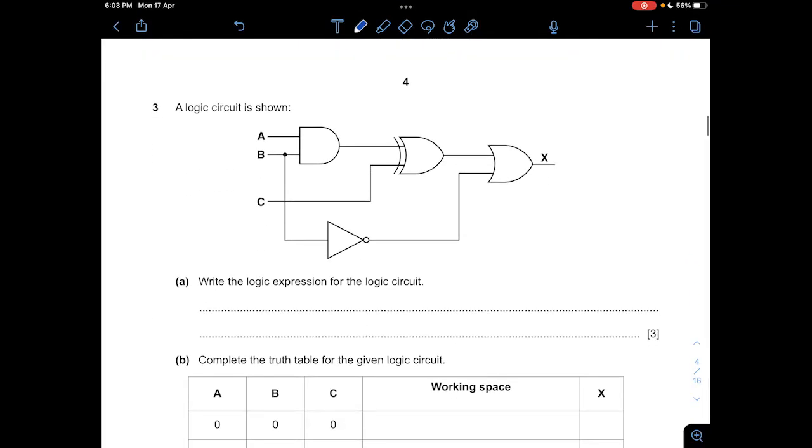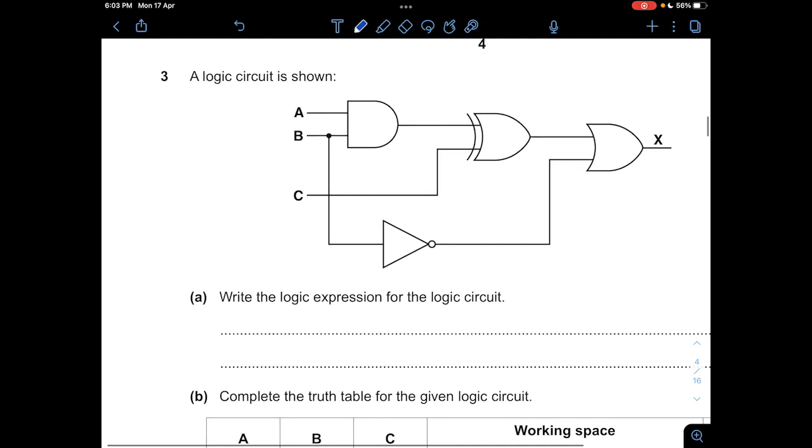So let's move on to question number 3. Question number 3 is about a logic circuit. Okay, so now we need to assume this circuit as one, combined with this other circuit together, right? So in this case, you can see that A and B are connected to an AND logic gate. So here it's A AND B,